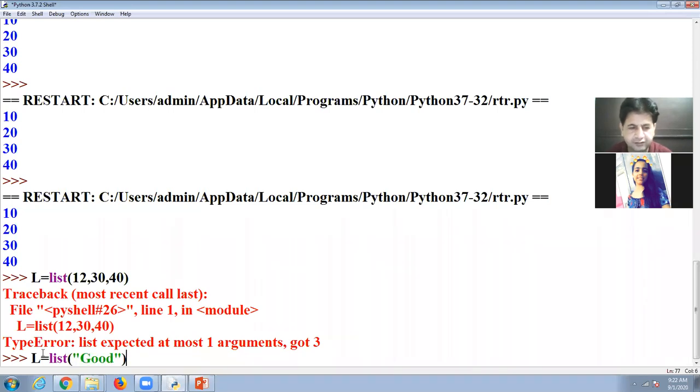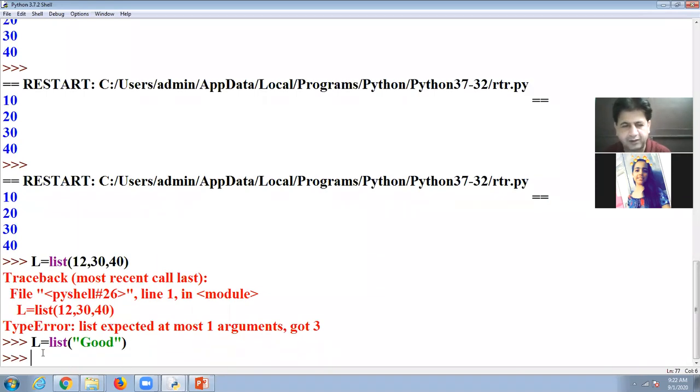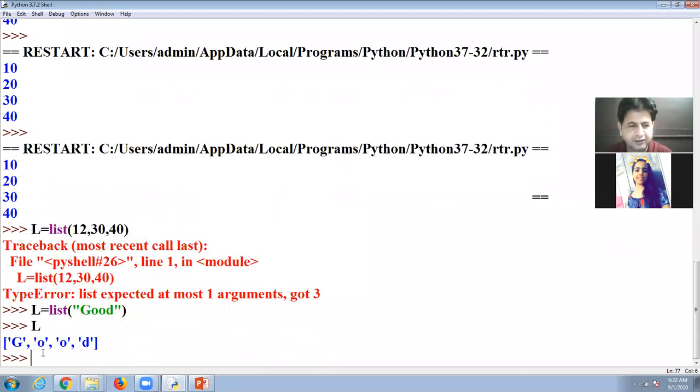Now this string value, it must have only one parameter, that is converted into the list. Look at here.